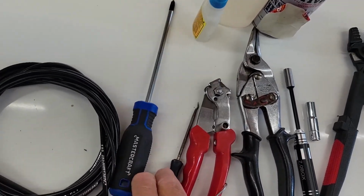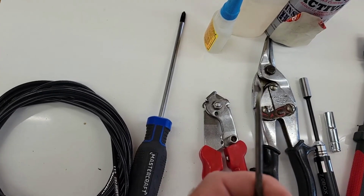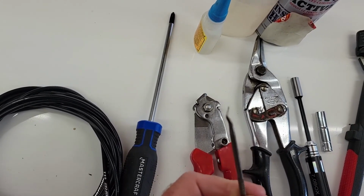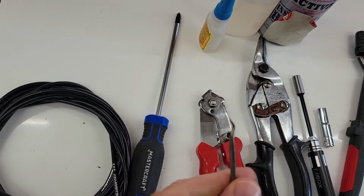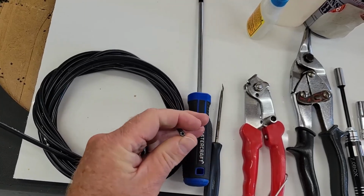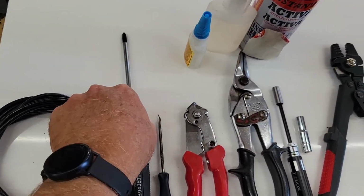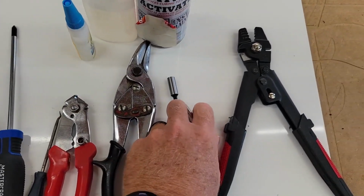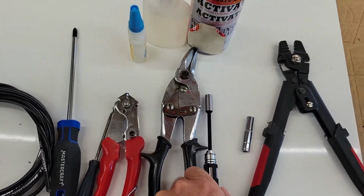You can also just use a fine tool or fine pick, or I've even used a thumbtack before, so that'll help open that end up to get the cable through. Screwdriver, either a 9/32 socket or 7mm, both will work,